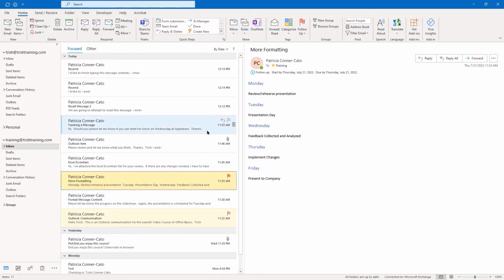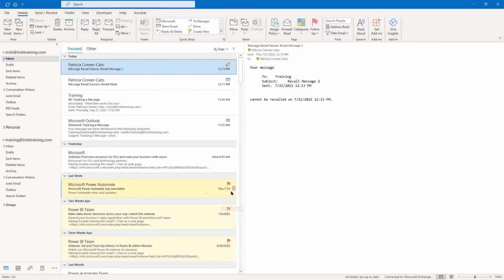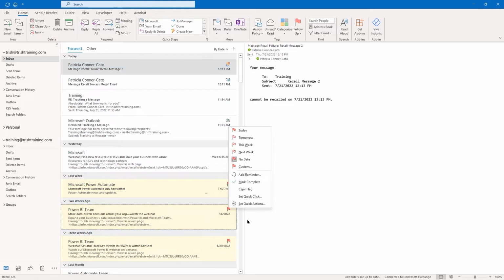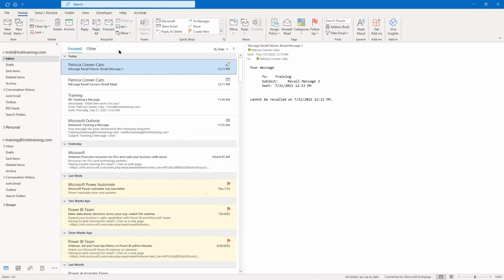It's not like you're going to want to go through your inbox and scroll down to see every flag and then look at the flag to see what's going on with it, right? That's not how this is going to work. That's not very efficient. So you'll learn about search folders in just a little while, and then you'll be able to see how to get these flags in a cohesive manner.